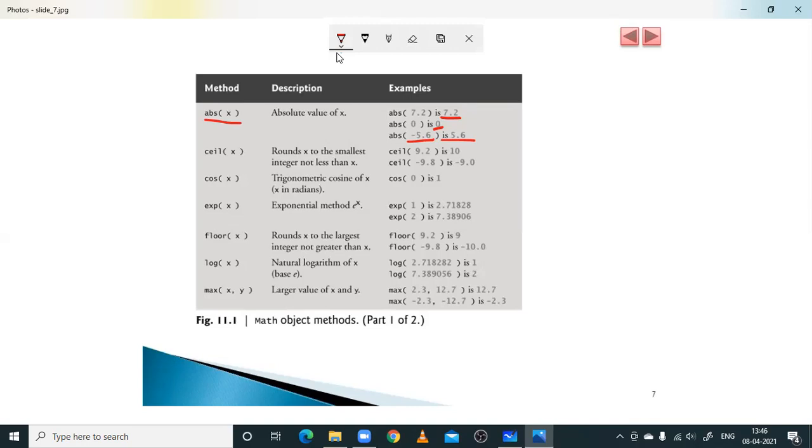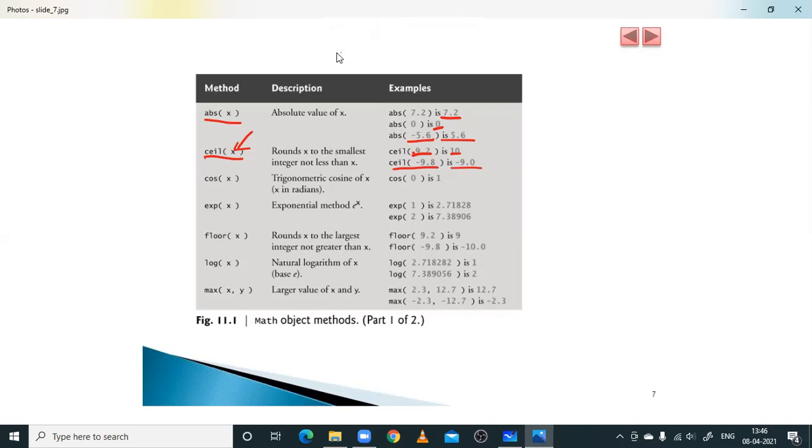In the second method, it takes one value X as a parameter, and it gives the smallest integer not less than X. It will be the ceiling, that is, 9.2 becomes 10, and negative 9.8 becomes negative 9.0.